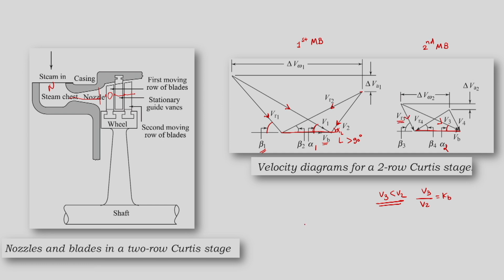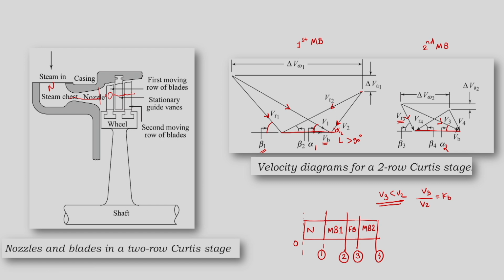So, here what we are trying to say is this way: we are having a nozzle. The nozzle has 0 at the starting point as nomenclature, and then at the exit of the nozzle we are saying 1. Then we are having moving blades. At the exit of the first set of moving blades we are saying 2. Then we have fixed blades. At the exit of the fixed blades we are saying 3, and at the second set of moving blades we are saying 4.